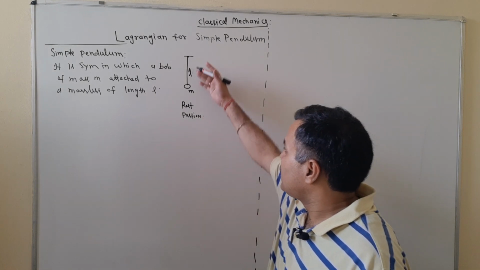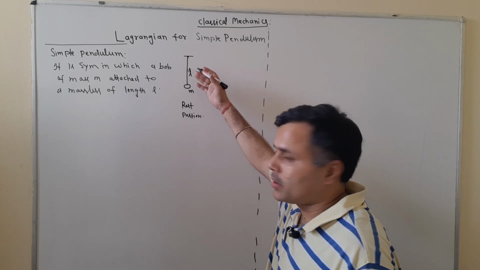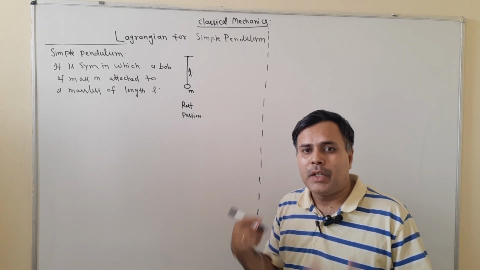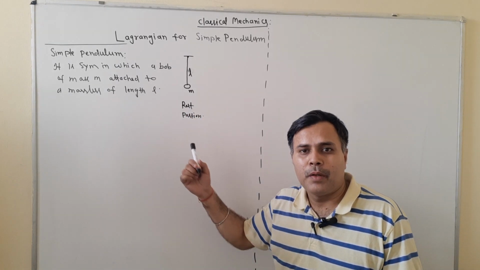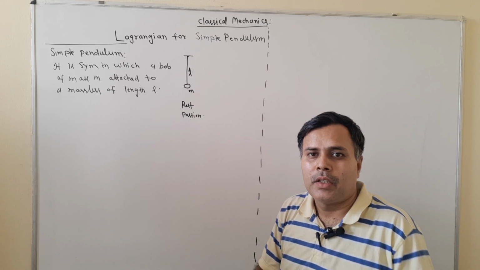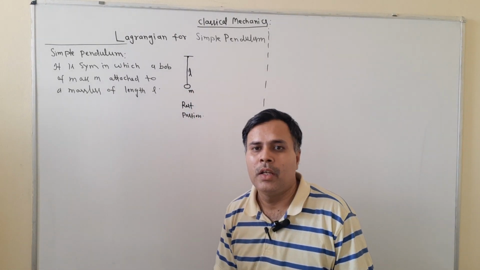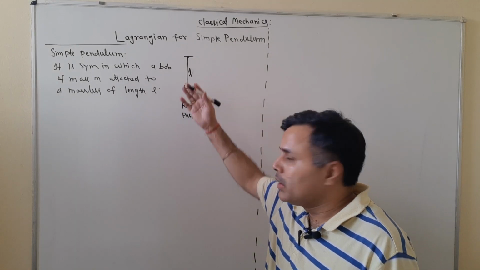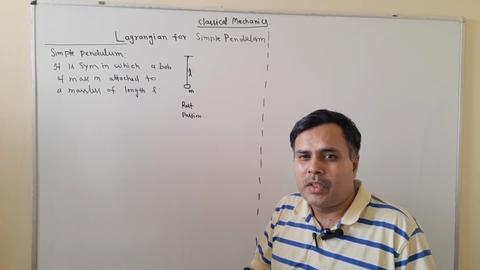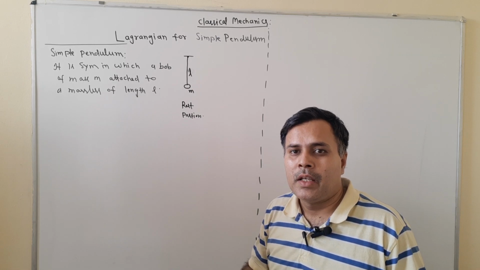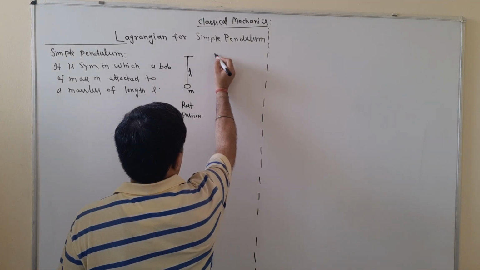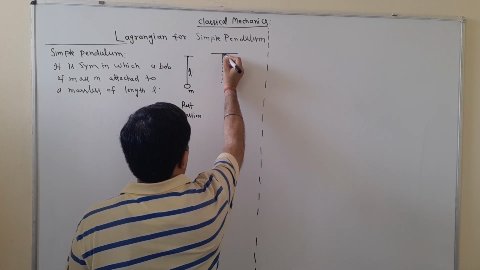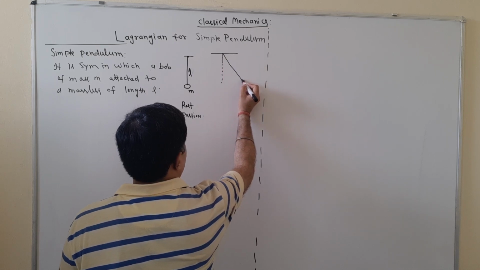So this is the rest position. Now if we displace and disturb the equilibrium, what is our objective? This is the rest position or equilibrium position, with no force. Equilibrium means all the resultant force acting on this system is zero, so that is known as the equilibrium position. Initially it was in the equilibrium position. If we slightly disturb this pendulum from its equilibrium position,